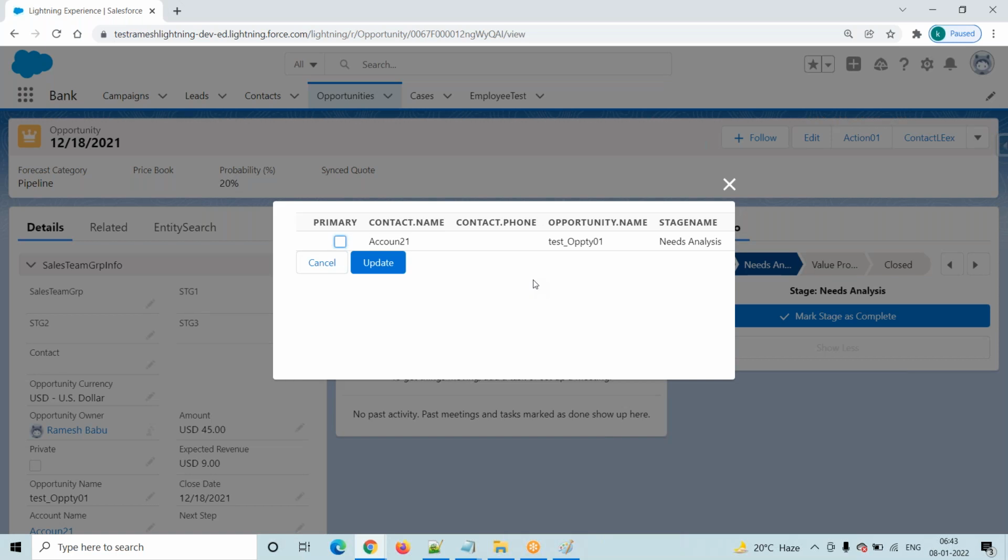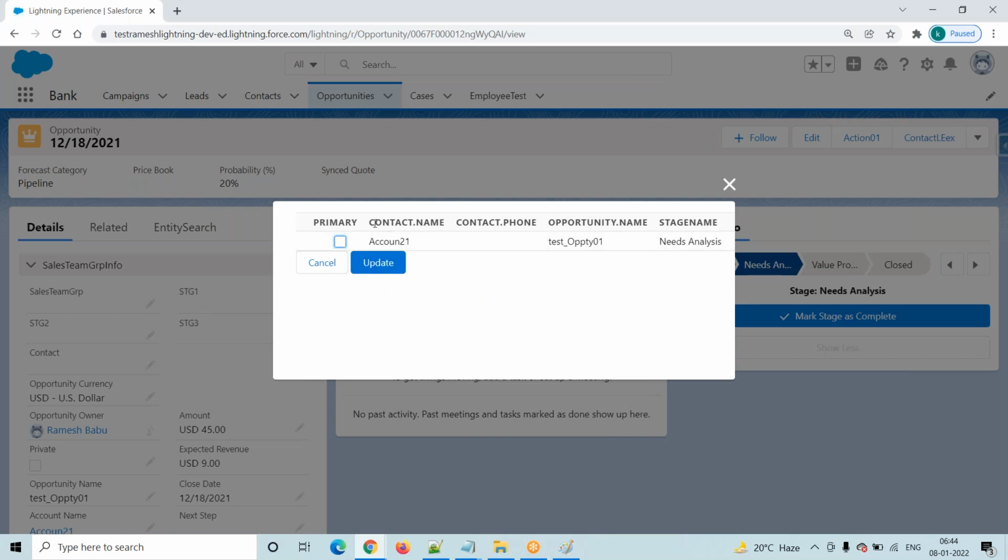Try to put concentration on the business logic: how to take a request, how to pass it to the method, how to perform the business logic at the method level, how to take the response, and how to display the data. Once we display the data, forget about the formats and the UI design. If you have time, we will practice that; otherwise, forget about it. So now we are getting all this data.